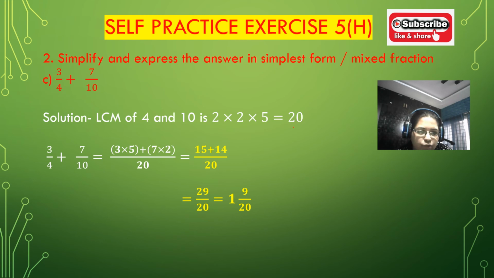We can add these two fractions in two ways. First way is first convert these two fractions into equivalent fractions separately, then add these two fractions. And second way is first find out the LCM and then divide the LCM with the denominator, then multiply with the numerator of these two fractions, then add these two fractions. Then we get the fraction. We have to convert this into simplest form or the mixed fraction. Just divide the dividend and the divisor. That is the second way.